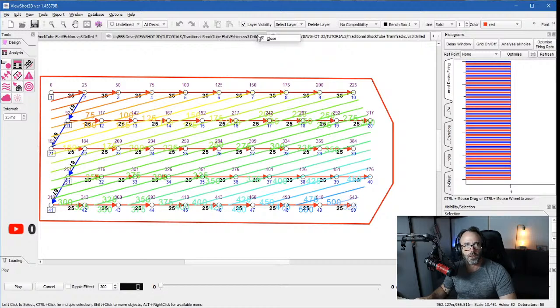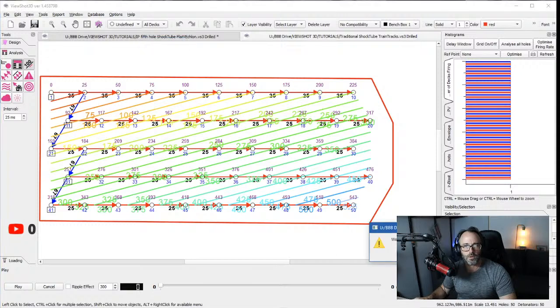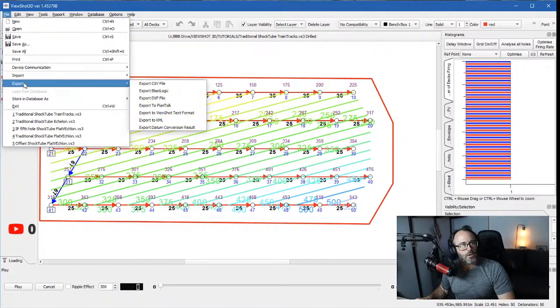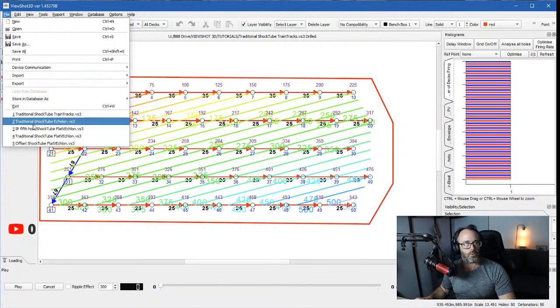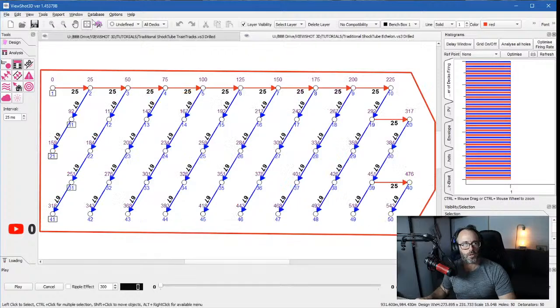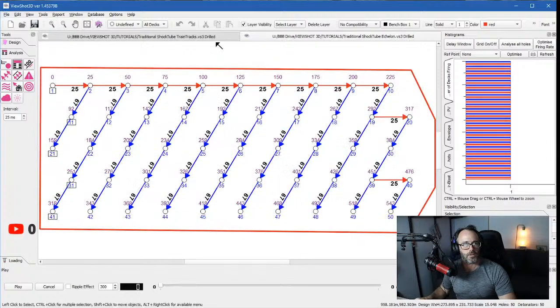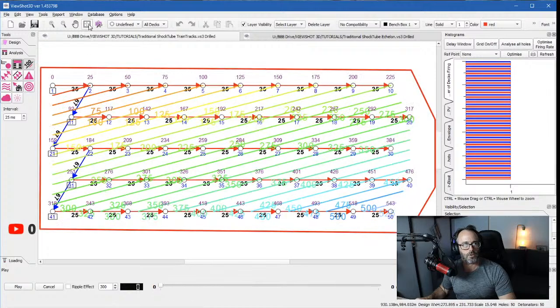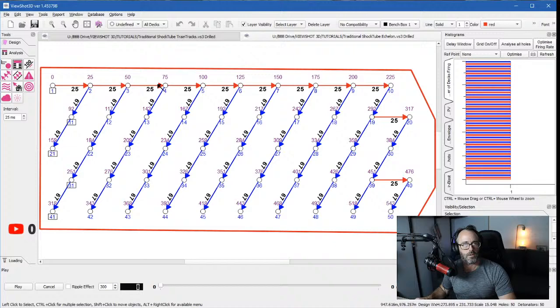We will get rid of this one here, and we'll get rid of this one here. So I think so. I'll save it. I don't know why it wasn't saved. So where are we? Well, here we'll get this traditional Shocktube echelon in, and we're looking at the same sort of stuff. I get back here to the train tracks, and if I turn on the echelon,